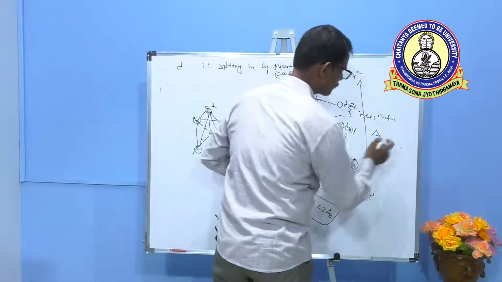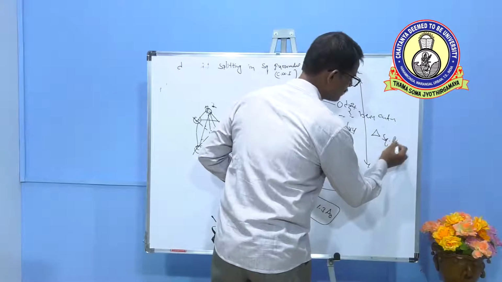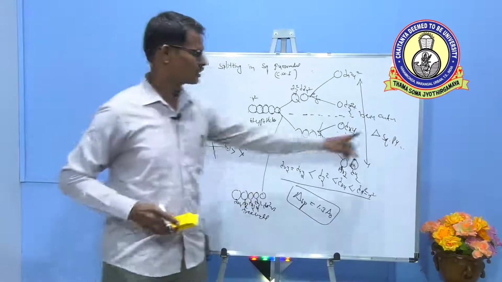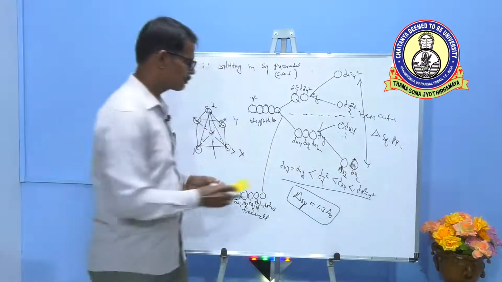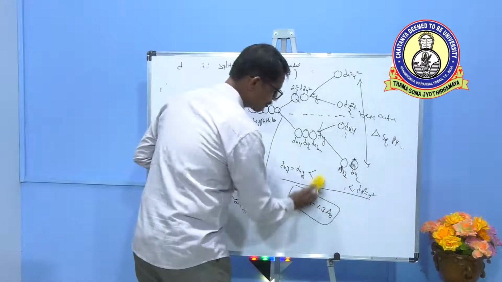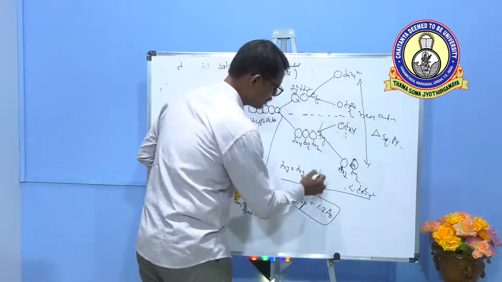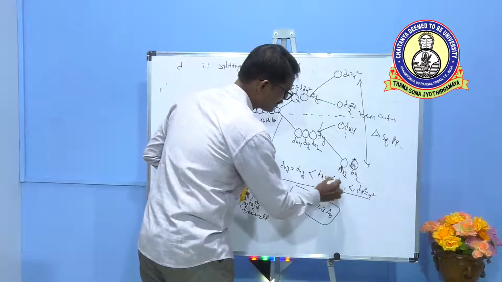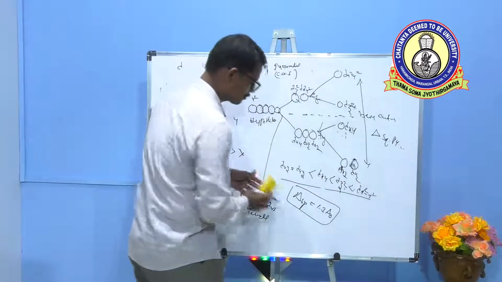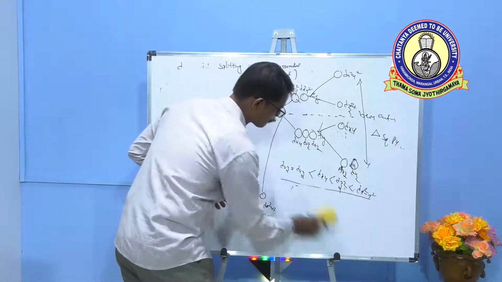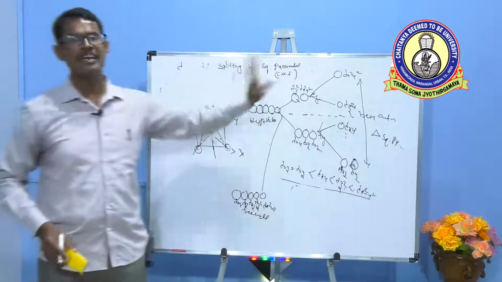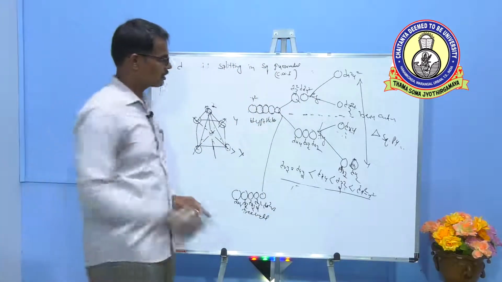So the energy difference between lower energy and higher energy is square pyramidal. Crystal field splitting in square pyramidal geometry. Here the order is changed. The dxz, dyz are the same, then dxy and dz square minus y square orbital. So this is the d orbital energy in square pyramidal.